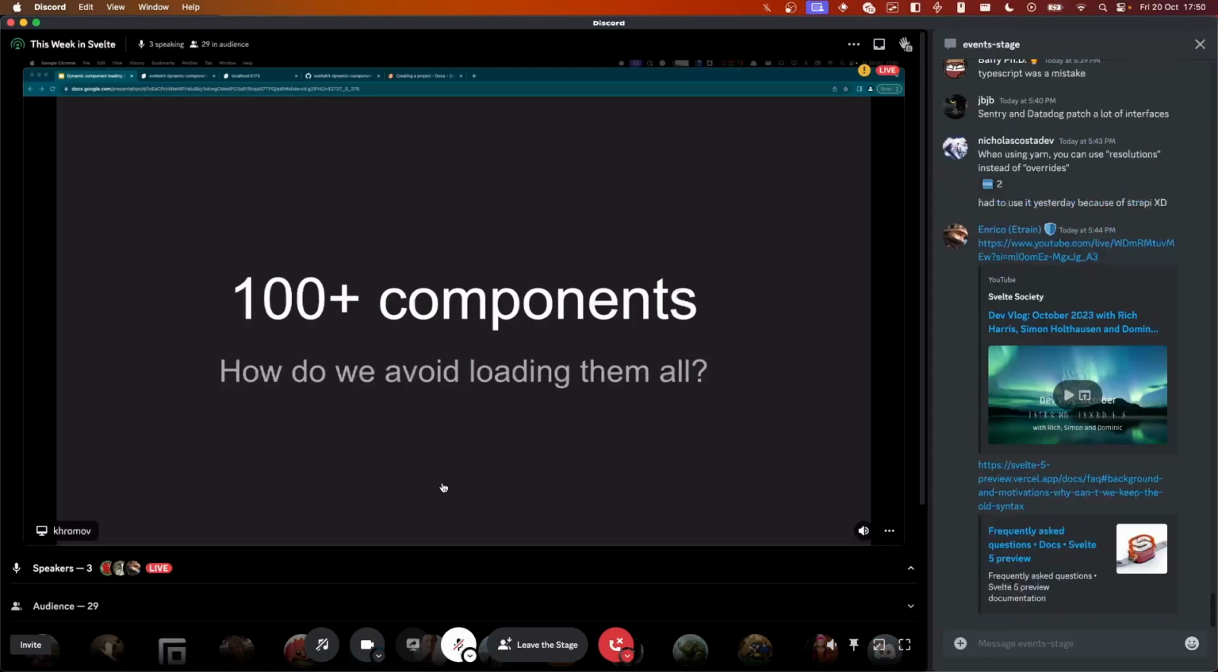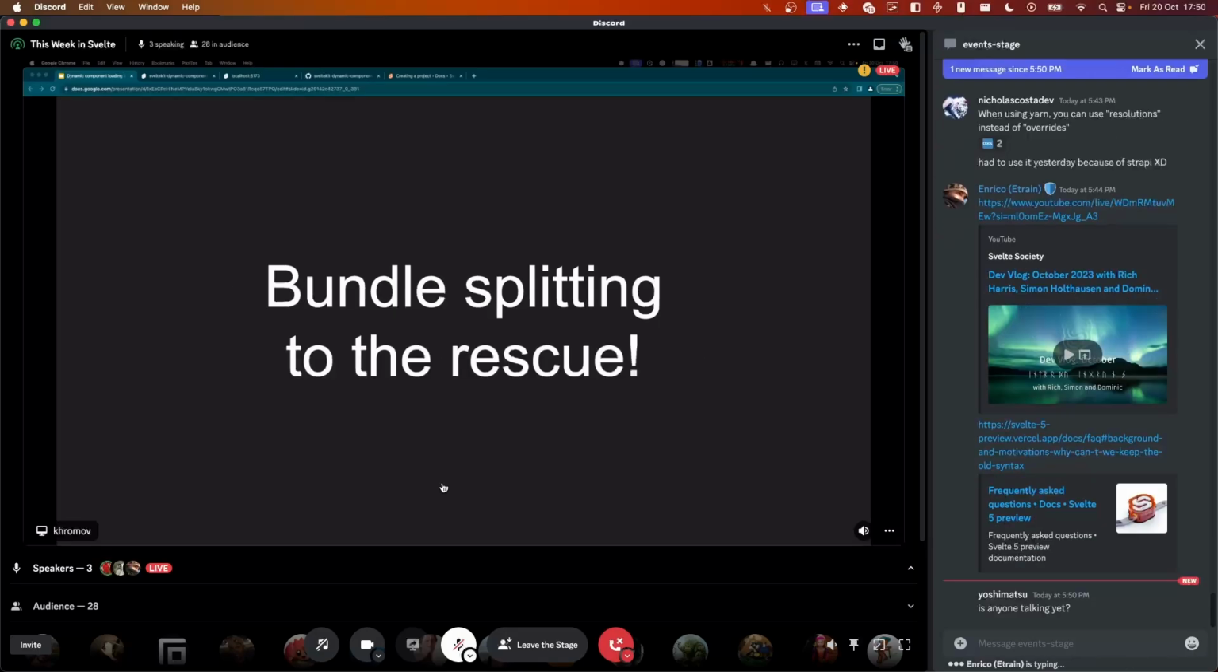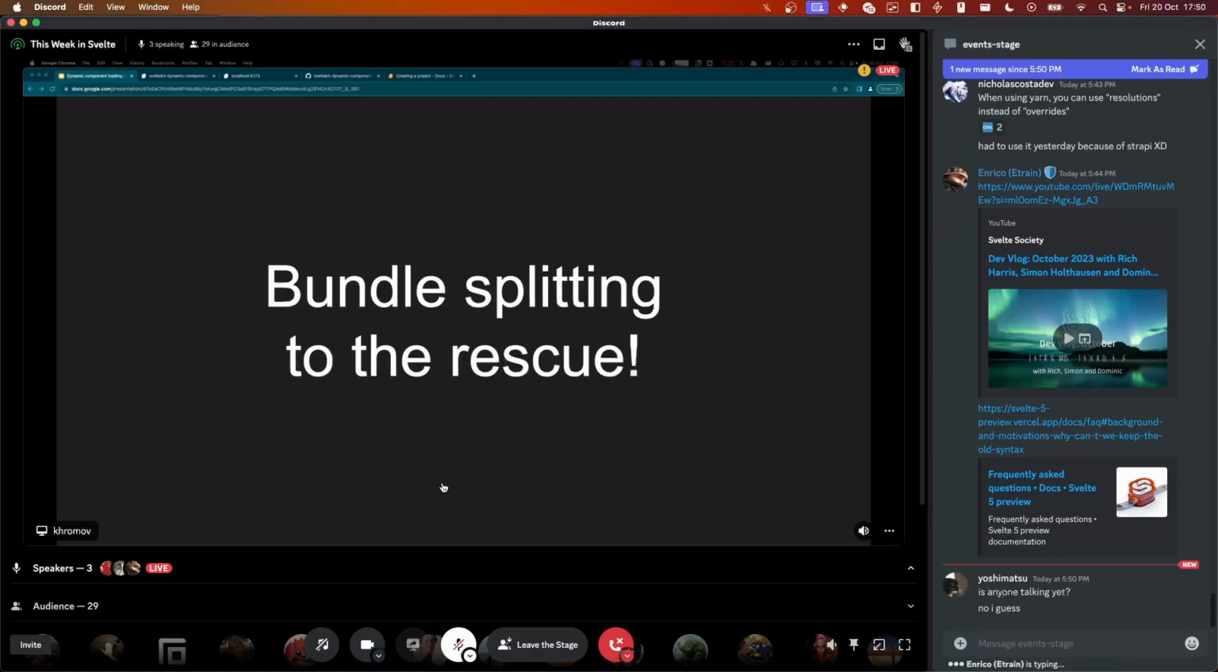So what we want to do is render only the components that are used on a specific page. We can do this with something called bundle splitting. And